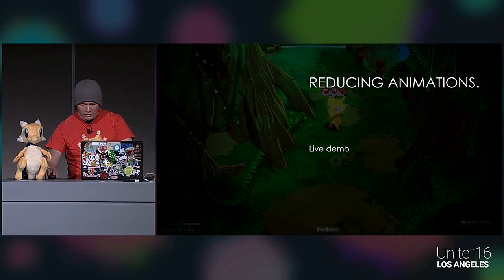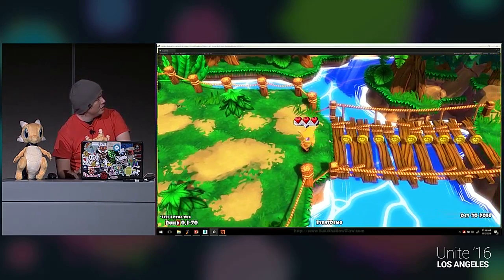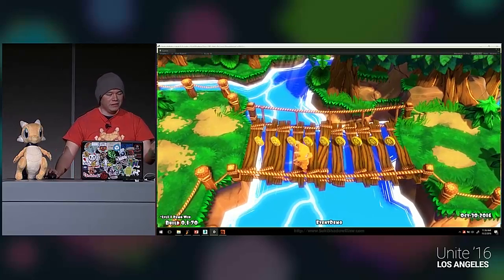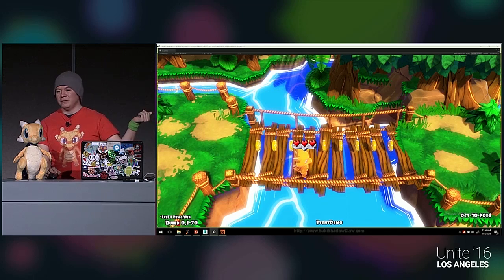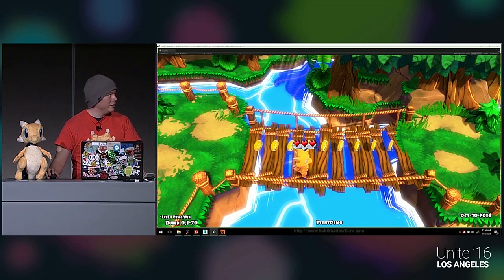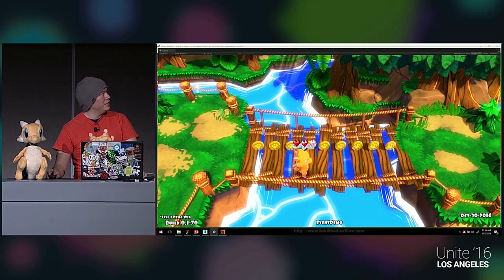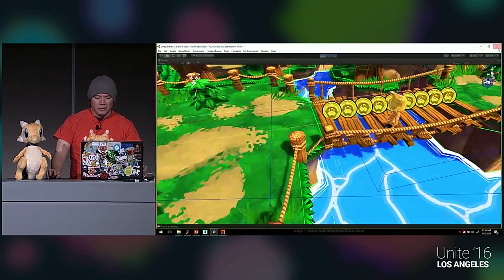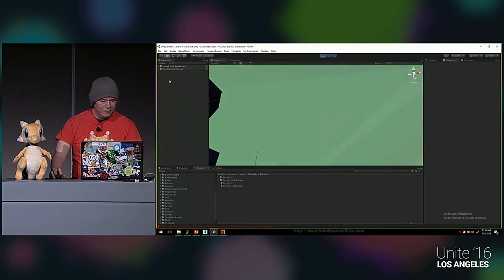I'm going to mute the audio. And basically, something that I had a lot of trouble with is the case of the coins. For these coins, the first thing that I did is that I had an animator component running on every coin. So when I was targeting portable mobile platforms, this was consuming a lot of resources. So what I did here is that you can see if I select any coin,